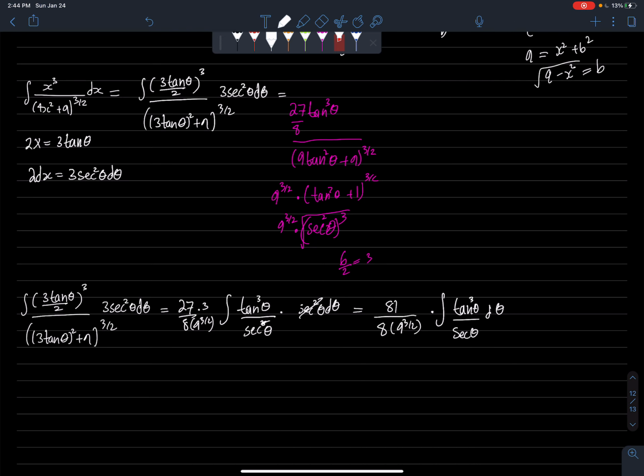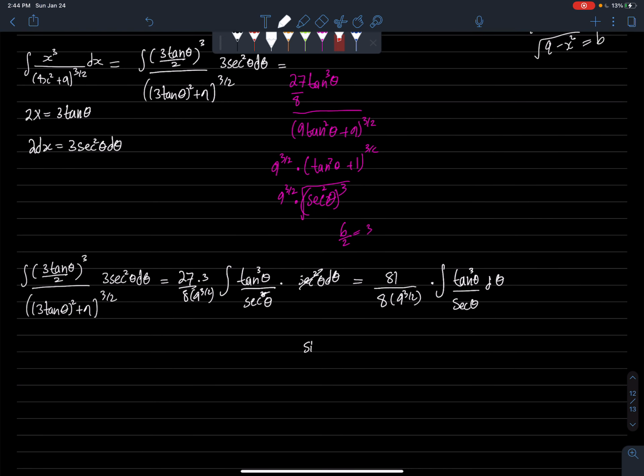So now we know that tan cubed is just sine cubed theta over cos cubed theta, right? And so now we have this multiplied or divided by 1 over cos, which is going to be just times cos theta. Cancel these out, you get sine cubed theta over cos squared theta,